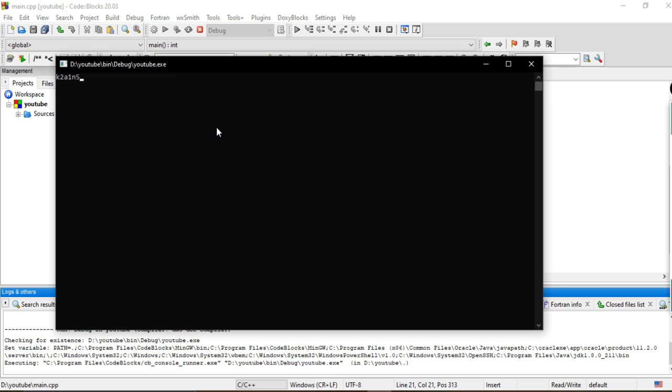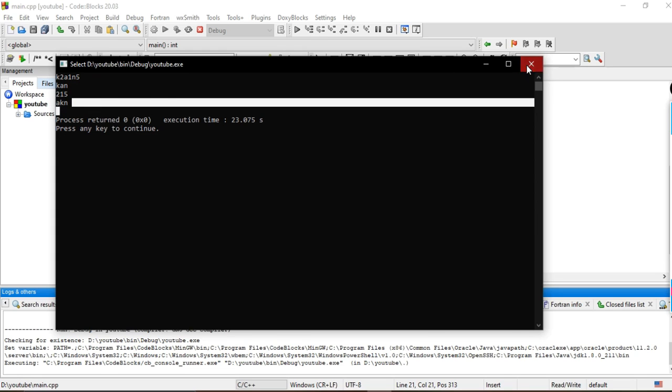Then after it a k n. Yes guys, you can see we just sorted. Here you can see, a k n, we sorted and we get a k n. Now we have to sort the numbers, and when we sort them we get this, and after it we have to merge these values.